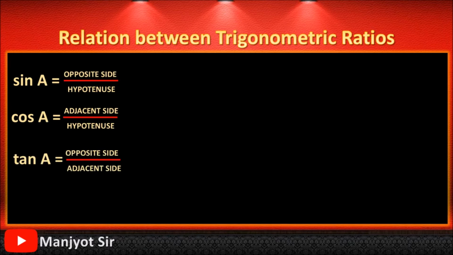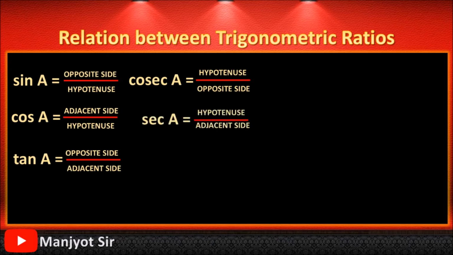Then we took reciprocal of all these three. So reciprocal of sine, that is, we're going to flip this. So we'll flip opposite upon hypotenuse as hypotenuse upon opposite. That was cosec. So we'll write cosec is hypotenuse upon opposite. Then we flipped adjacent upon hypotenuse. We got sec as hypotenuse upon adjacent. And lastly, we flipped opposite upon adjacent and we got cot, that was adjacent upon opposite. I hope that everyone is clear with all these six trigonometric ratios. Very good. Now let's begin to form some relation between these six trigonometric ratios.